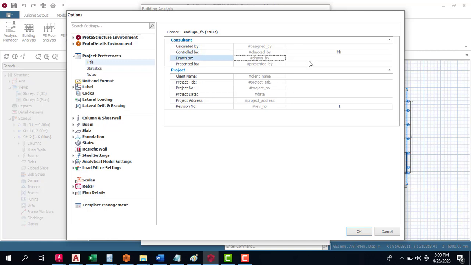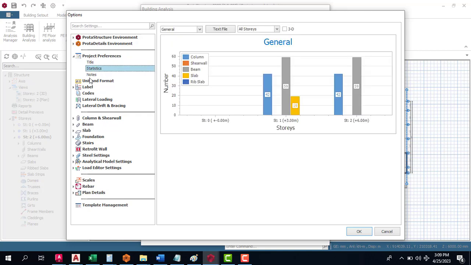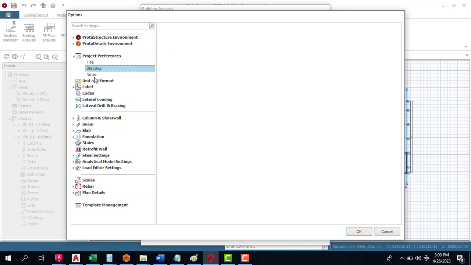So whoever drawn by who is going to do the drawing, and then the project client's name, project title, project number, project date, project address, and revision. So all of these you can put them in order before you run your analysis, because your analysis will most likely reflect this information. Okay, so you can put all of that in order, and then you can have some kind of